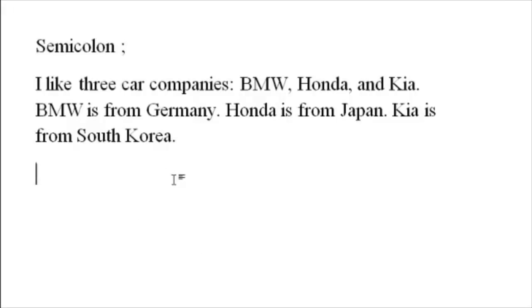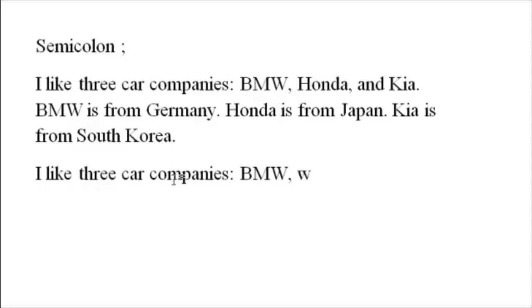You can do it like this by saying, I like 3 car companies, and then you could do BMW, and then you put a comma, right? BMW, comma, which is from Germany, and then you could do a semicolon, right? Semicolon, Honda,